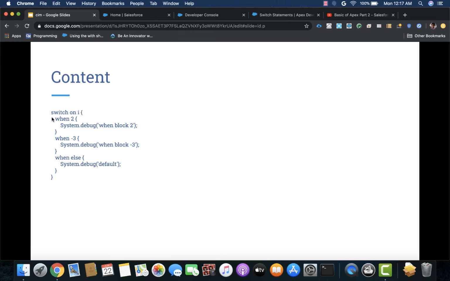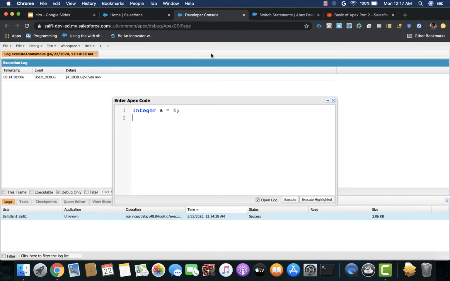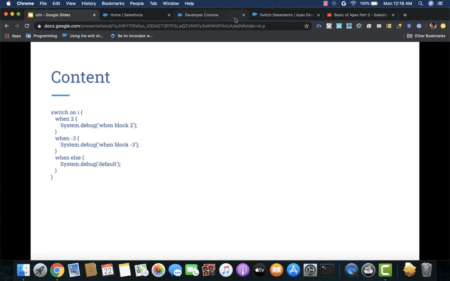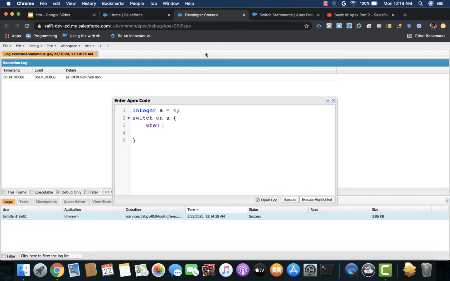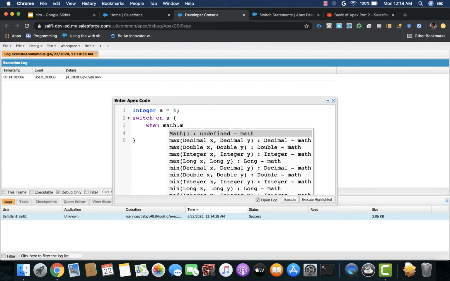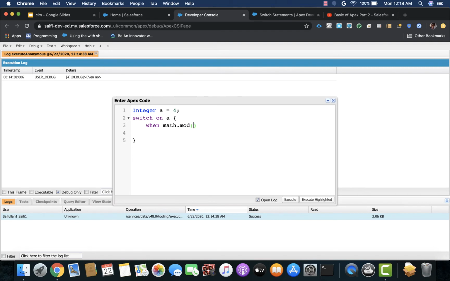Okay, so now using this same code, I will use the code here. I'm using switch on A. Let's suppose I'm just doing it. Now here I will use when math, let's check, maybe it should work. No, it should not work. Mod, I'm just trying. When math.mod A is equal to 0,